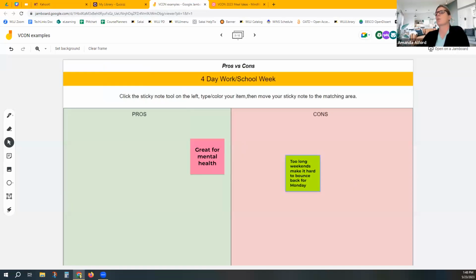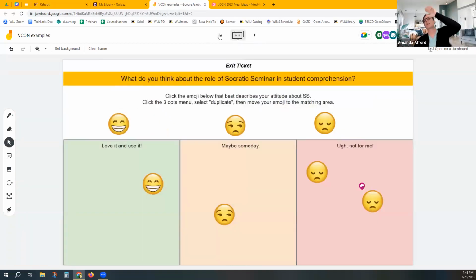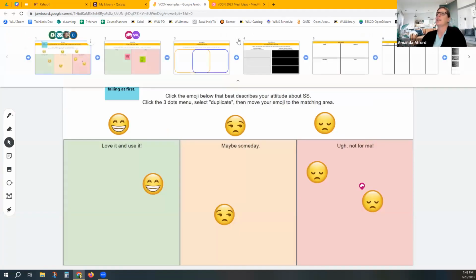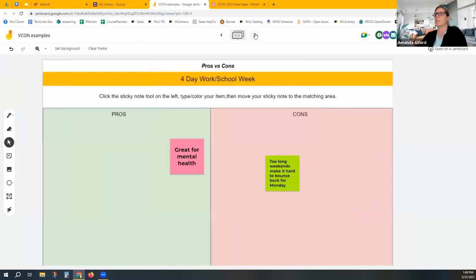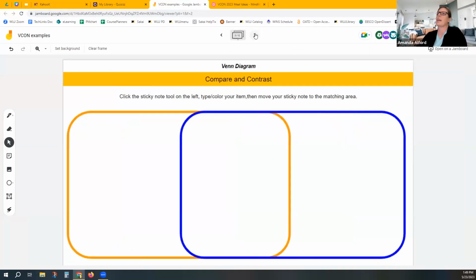So real quick, Corey, let's show them how to get to the next frame. So they were on, go back to the first frame. They were up here. So if you want, you can see that it's 1 out of 12. All you have to do is either click on it, or what you can do is you have the arrows going left and right, and that helps you move from one slide to the next. So if we go back here to 2,